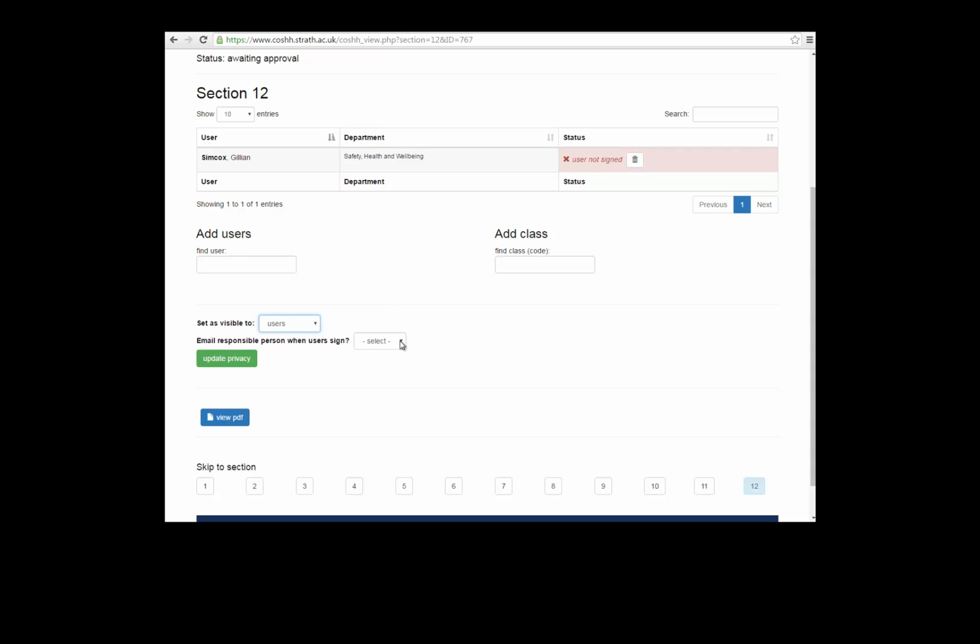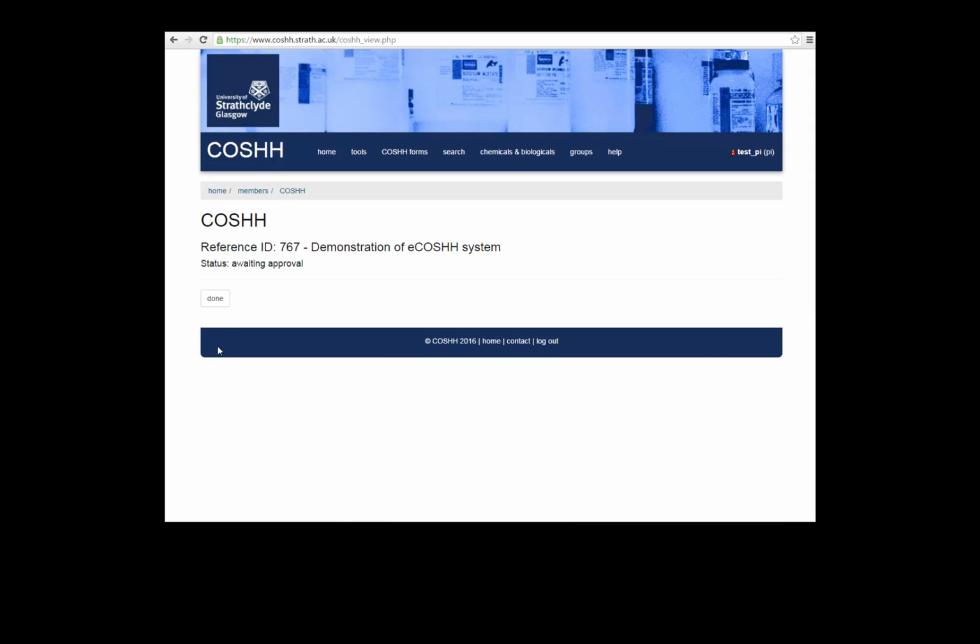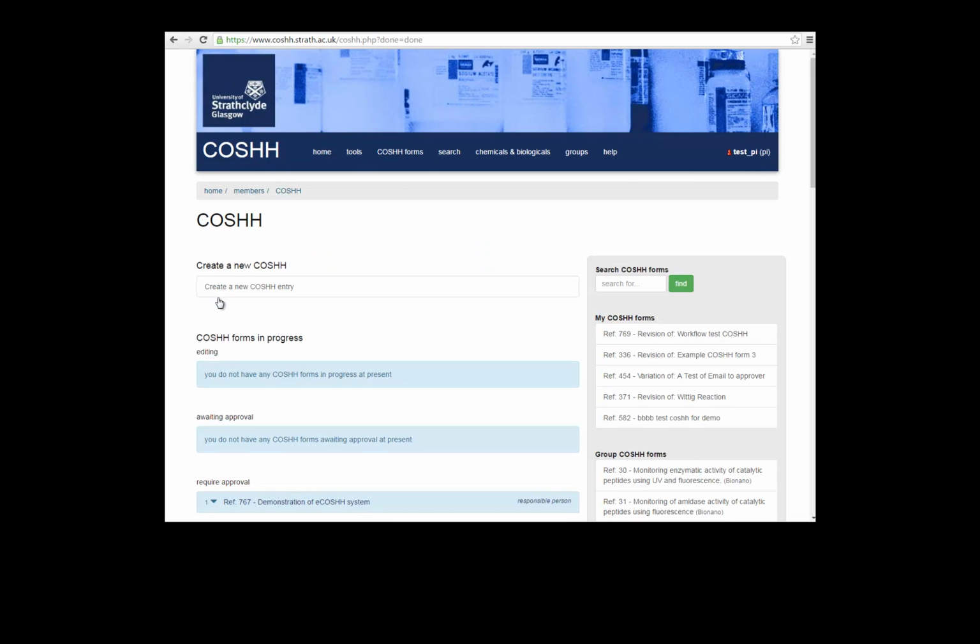In this case, I've set it to all, so everyone in the organisation can see it. You then have an option to select whether or not you want to receive an email when each of the users sign the COSHH form. Once you have done this, you can then return to your home page,